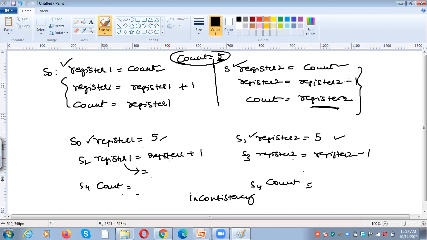Register 1 value. What is the register 1 value? Register 1 value is 5. So what is 5 plus 1? 5 plus 1 is 6. After that, I would like to perform this one. Register 2 equal to register 2 minus 1. What is the value of register 2? 5 minus 1. This is 4. Okay. After that, what I need to perform? Count value.